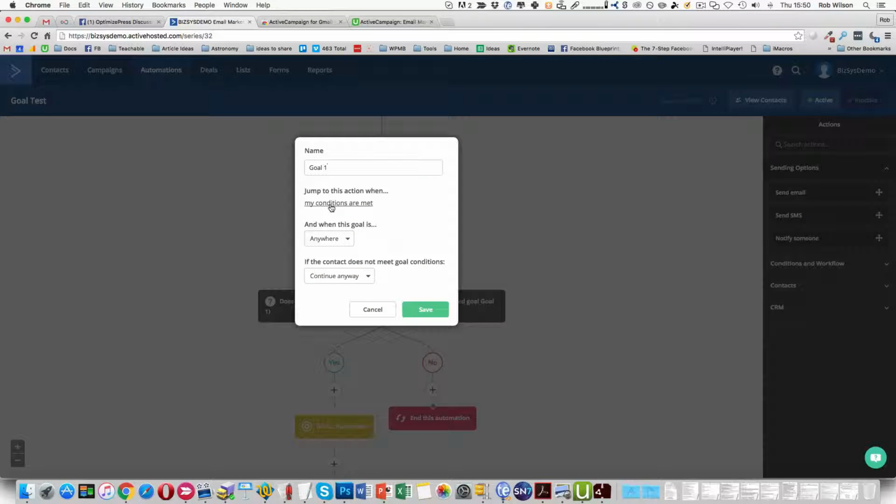So there you set your conditions. I'm not going to jump into that, but it's the usual conditions manager. You can decide when this goal is, when those particular conditions are met. Is it for anyone above in the automation? Although it says kind of below, it's a bit weird, but it means if it's happening above this particular step or anywhere in that automation, then it will jump. If the person gets to that step